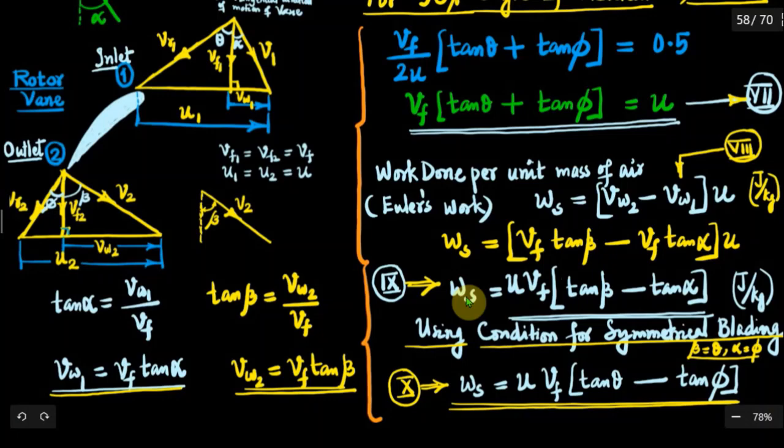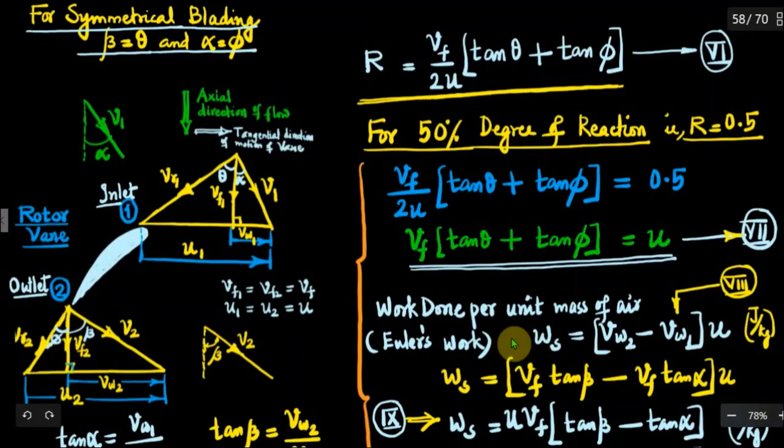axial flow compressors. See, during the explanation towards the end, in one or two places, instead of compressors, I used the word turbines. I am sorry for that. See, we were referring to axial flow compressors, not turbines.